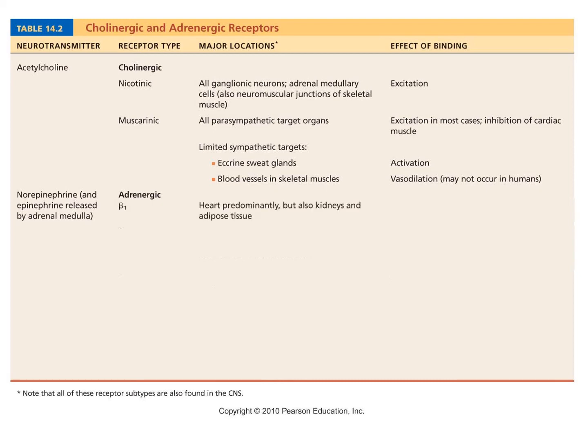So beta 1 is one type of receptor, and it's in the heart predominantly, but also in kidneys and in adipose tissue. This is the reason why somebody can take what's called a beta blocker. Adrenaline will increase heart rate and strength and stimulate renin release by the kidneys, but if you've got a pretty severe blockage in your coronary arteries, then what you don't want to have happen is for your heart rate to increase and the strength of your contraction to increase. So a beta blocker, what it basically does is to